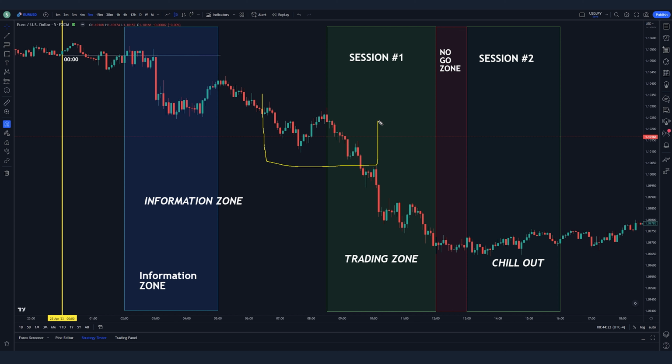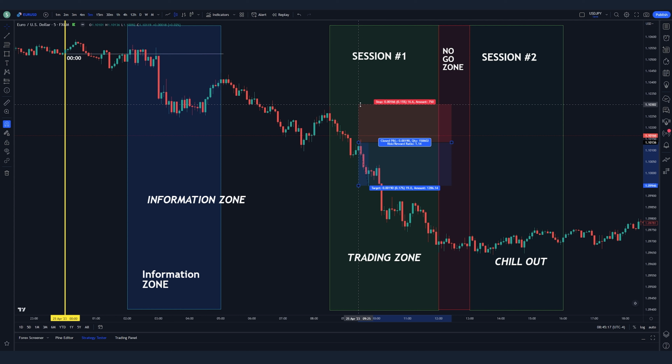And here on this counter move, you can look for all kinds of reversal patterns: double tops, triple tops, breakdown of the previous low which was formed inside the information zone, and this is pretty much going to be the strongest signal. All textbook rules can work here. If you can confirm that continuation, that's your trade. Let me put the trade here so it's going to become more clear.